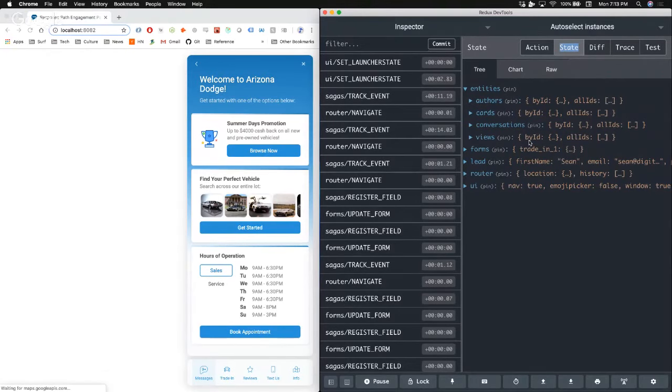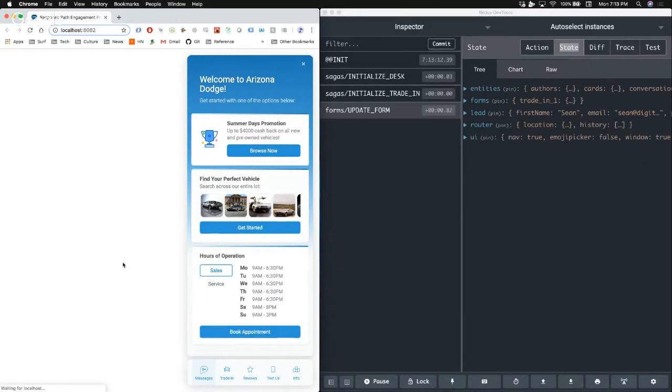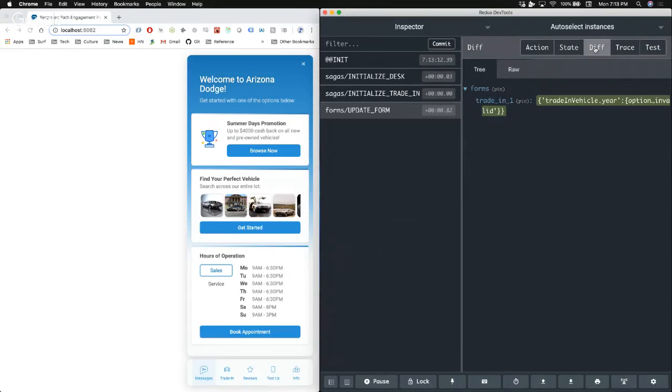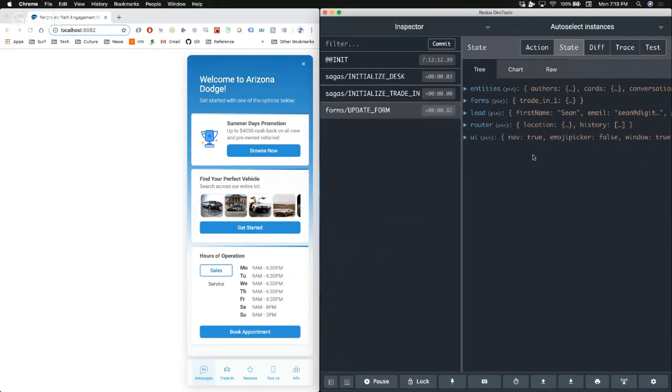They let you see the entire sequence of actions that's occurred since you started with your app. They let you time travel. They let you inspect individual actions, inspect your state at any given time, and also see a diff, which is my favorite feature, of your current state versus the state on a previous action. But what I want to show everyone is the state that underlies this, because it's pretty interesting.